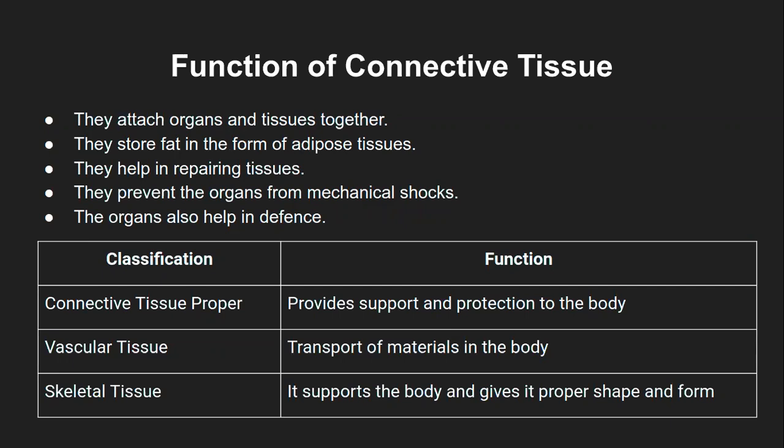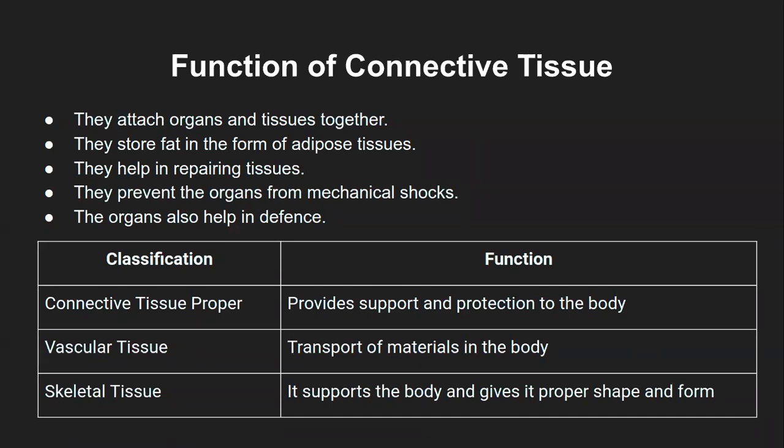These tissues also prevent the organs from mechanical shock, because they are present in between the organs and also between the bones and the muscles and so on, below the skin as well. So they provide a shock-proof mechanism to the body, especially against mechanical shock. Otherwise, imagine if the connective tissues were not there, and if someone just pushes you, your heart would go from left to right and come back to its place. That would be a very hypothetical and funny situation. But that doesn't happen, because there are connective tissues surrounding it, holding all the organs in place.